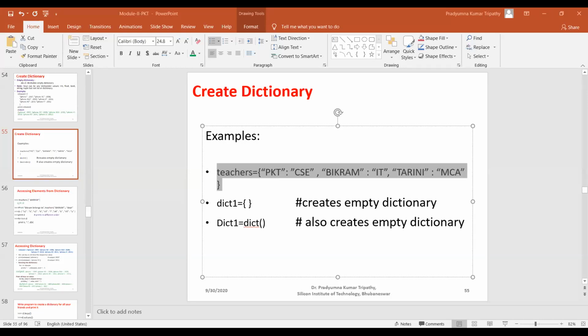Suppose this is the way it is being defined. Right? I can define a number of